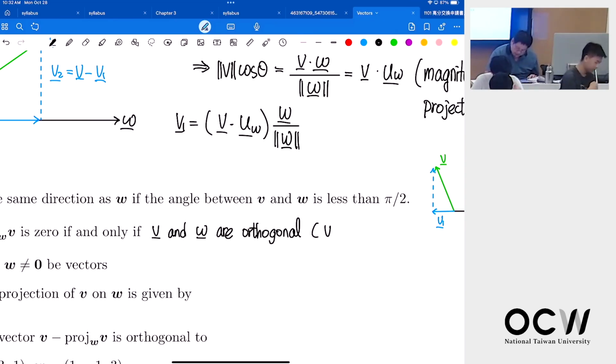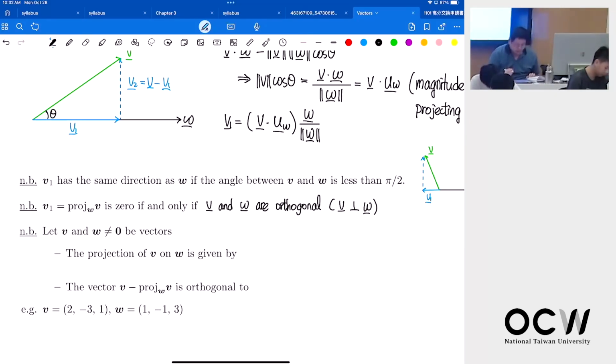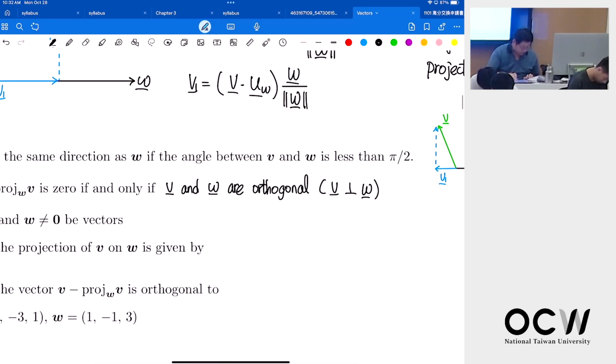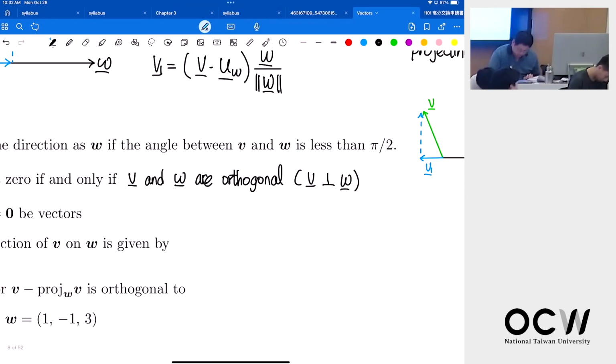And you may see that the v is perpendicular to omega. Now, let's say the v and w, these two vectors, are not zero vectors. Then the projection of v on w, we'll write projection. No, I don't need the capital. So the projection of your vector v on W will be